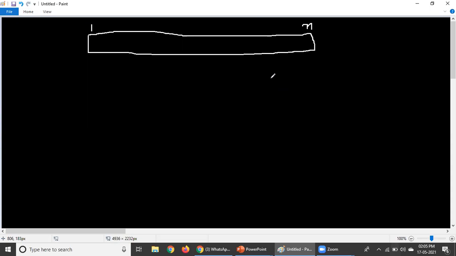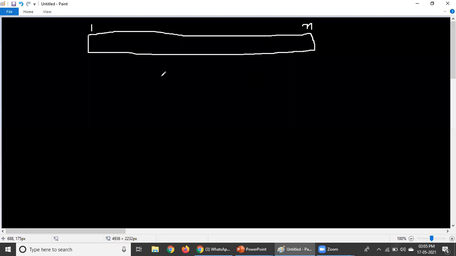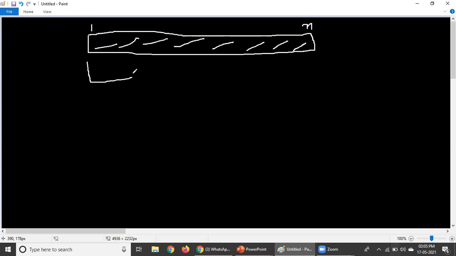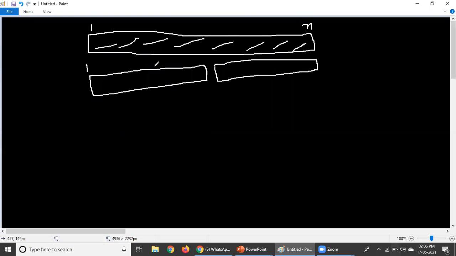Divide and conquer always suggests you divide this particular list, or whatever the problem space is. Let us consider this whole thing as the problem space, and this problem space will be divided exactly by half. I don't know whether it is exactly half or not, but this is one more half. So n divided by 2 and n divided by 2, plus, makes n. Like this, the problem gets divided.